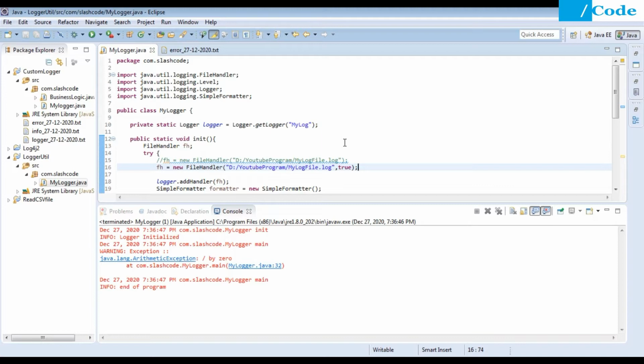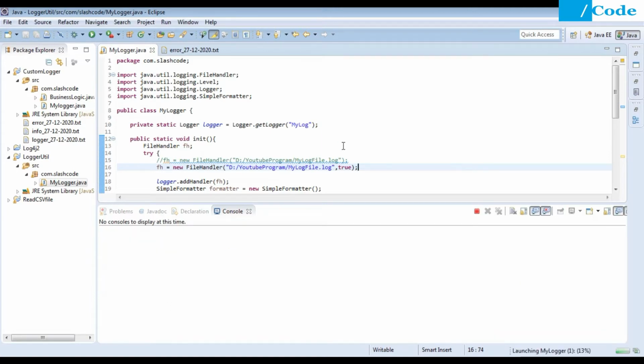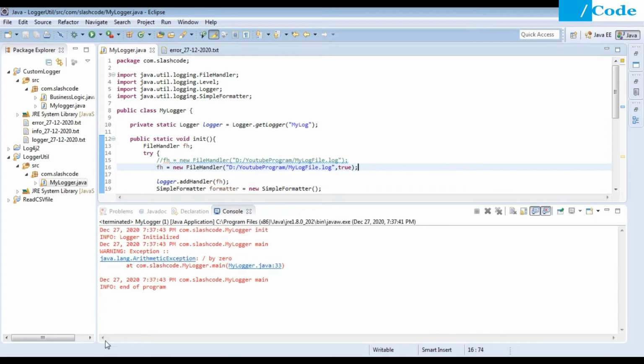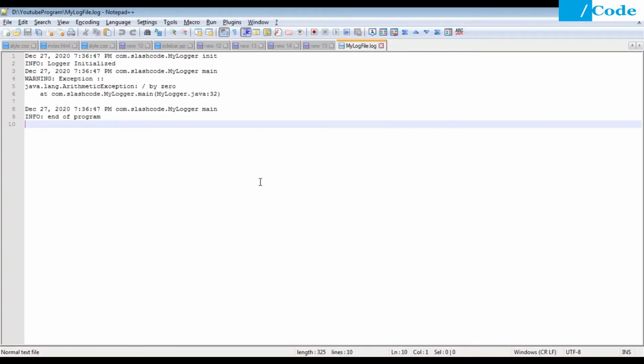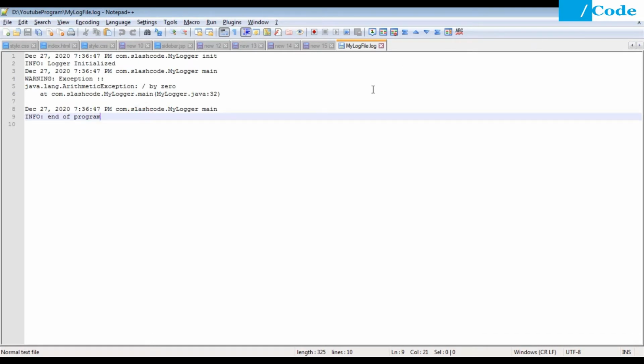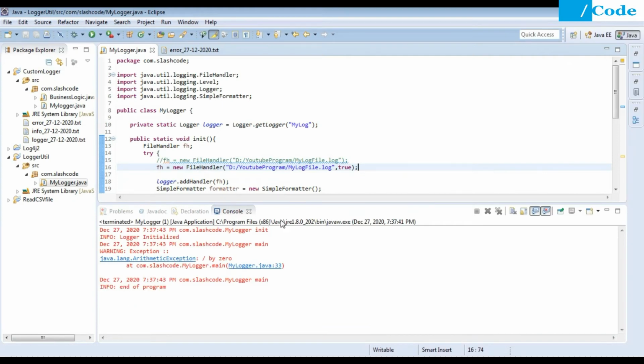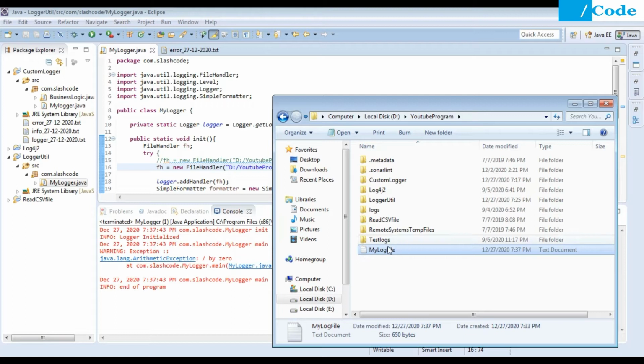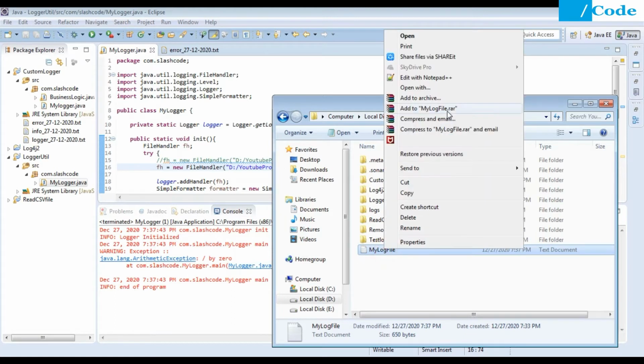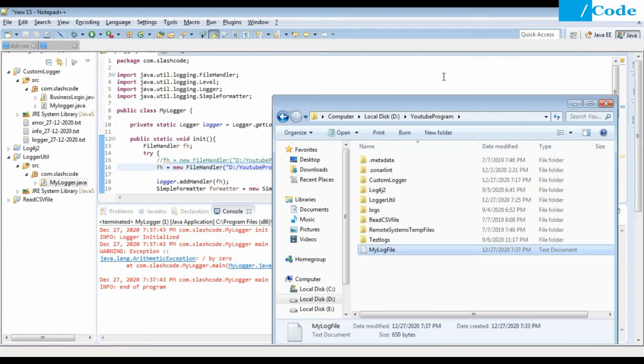Okay, so now let me execute the program. Now if you see inside Notepad++, the 736 entry is there. Now let me reopen the file again. So that will get updated, now the 737 entry should be there.